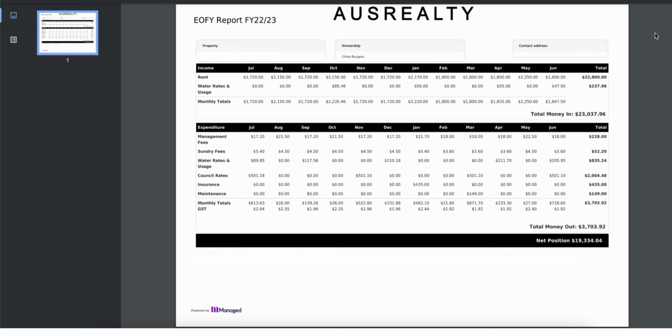So the first line item is going to be the income for the month. Now, following that is going to be all of the additional expenses. So for my property here, I have only received bills from the tenants in the form of water rates and usage. So if I had any additional line items, say for example, like electricity or